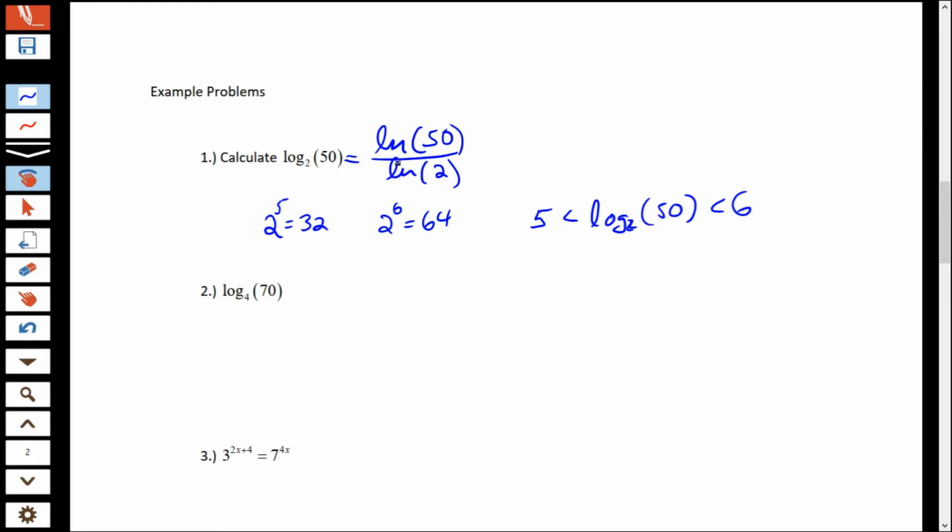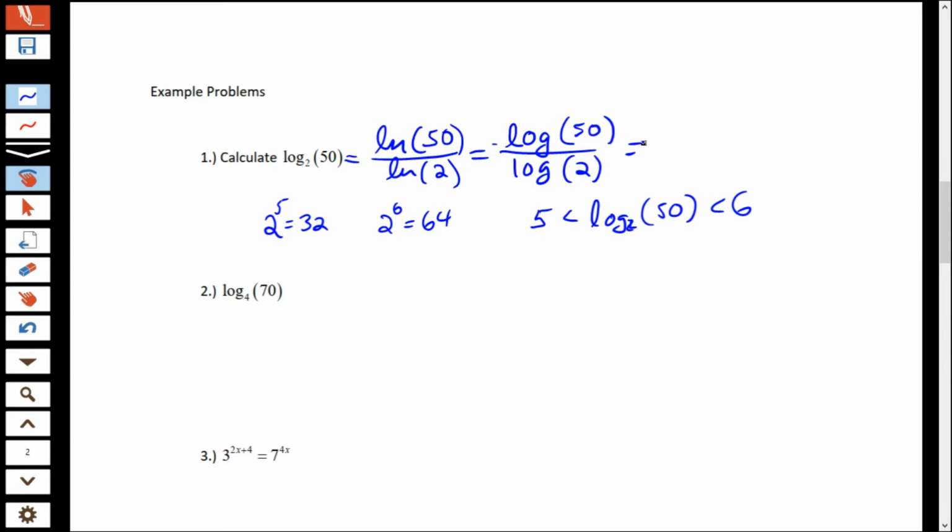That's the change of base formula, and we can use that in our calculator. Or, if you'd rather not use a natural log, you can always use the common log of 50 over the common log of 2. It does not matter which, and most calculators do have natural logs and common logs on them. So if we do log of 50 divided by log of 2,